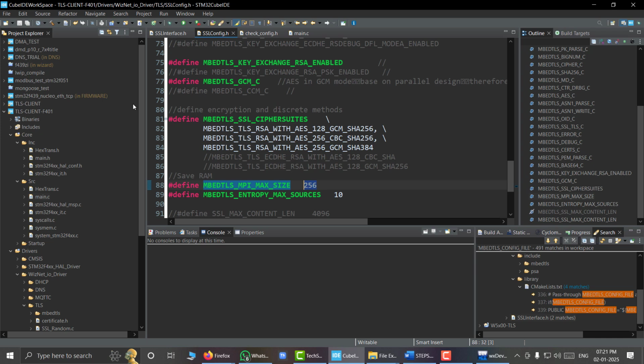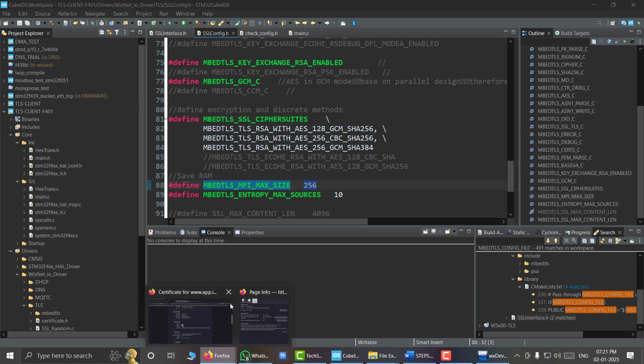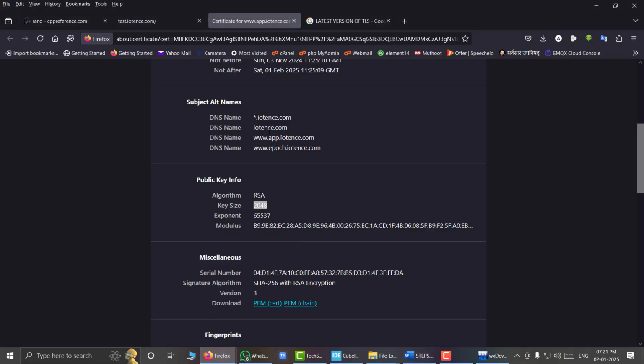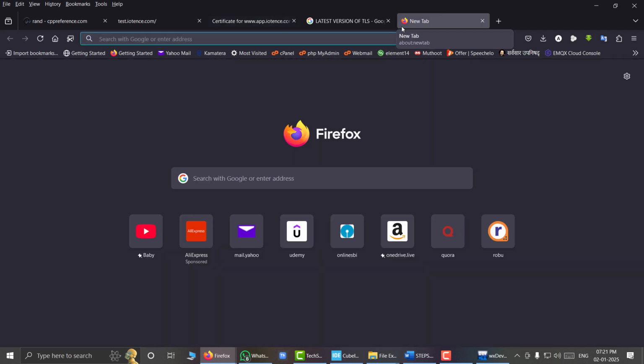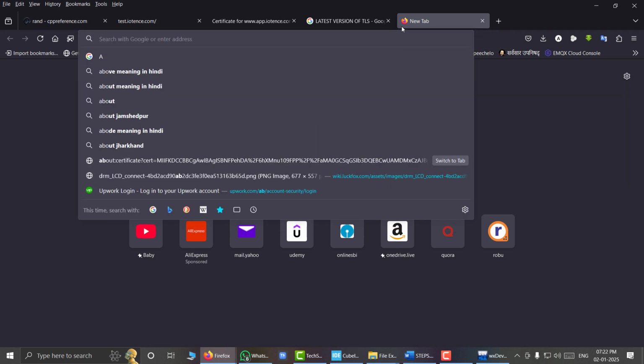It is not just a simple minor version upgrade. It is a lot more complex than TLS version 1.2. So that is the reason I am using it. And to check everything, I have also set my Firefox to use this version of TLS. And how have I done that? For that, I have opened a new tab, and then I have gone to a special address, and this address is